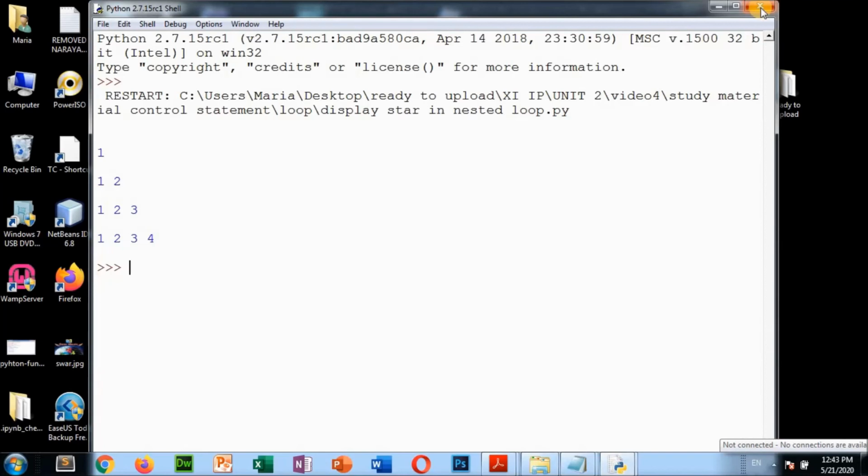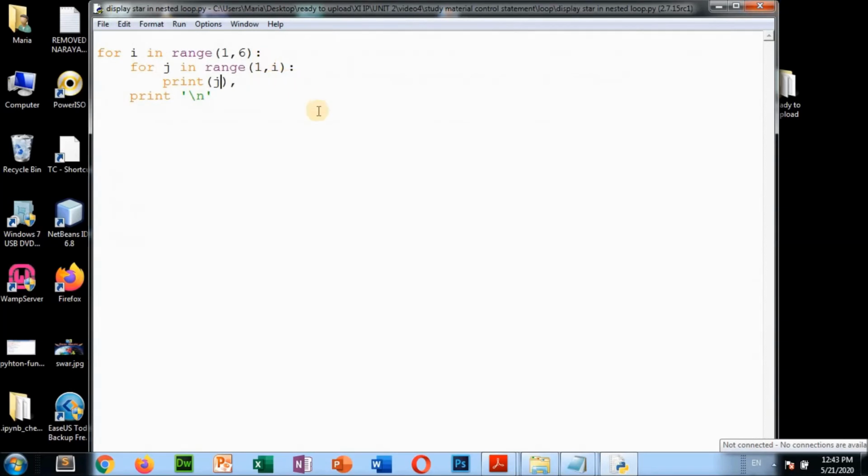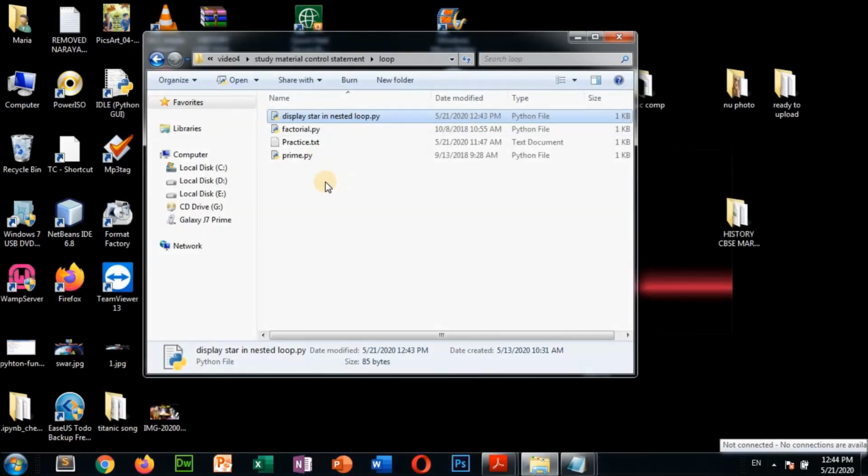Try to understand by yourself how this program is executing line by line. So in your computer you have to practice this program, then only you will understand everything. Okay, that is the logic, what it has done. So try to understand by yourself. After that, I am going to show you prime numbers also.